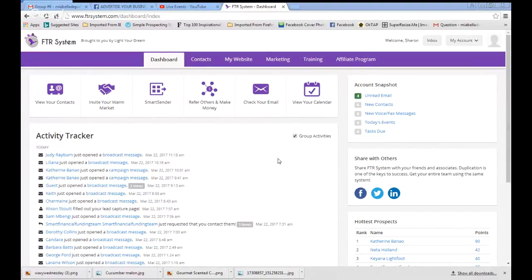This tutorial is just going to be an overview of the FTR system and go over the different tabs here at the top. Okay, so when you first log into your FTR system, you're going to be taken to the dashboard, which is this page. All right, on this section here on the left side, your activity tracker, it's just going to show